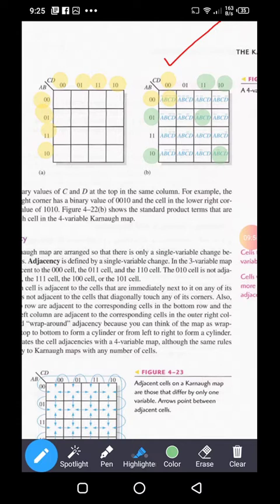Why? Because variable A is 1, B is 0, C is 1, D is 0. So 1 0 1 0, A B bar C D bar is written into this cell. Okay. So this is a 4 variable Karnaugh map which has total 16 cells.